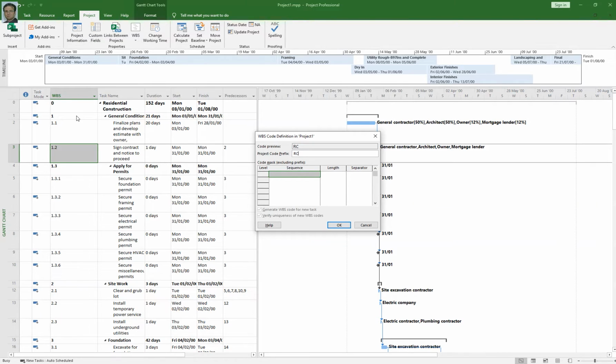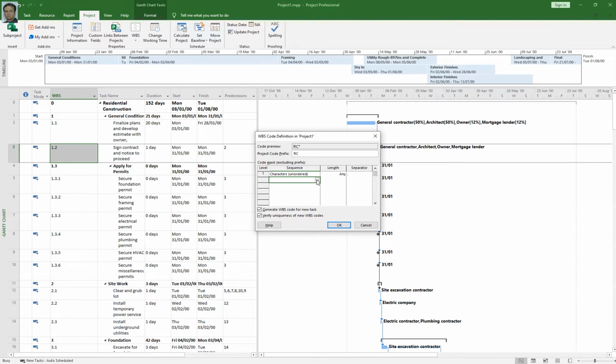So this is my level number 1, general condition. I want to assign any specific name. For instance, go to sequence, this is your level number 1, and select characters. So RC becomes your first level.